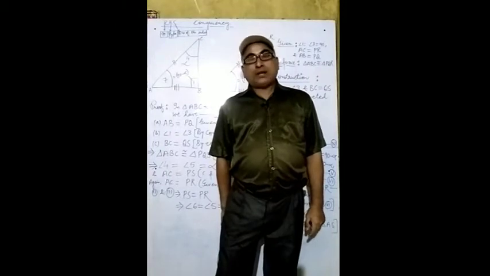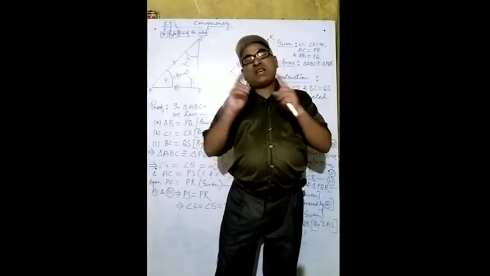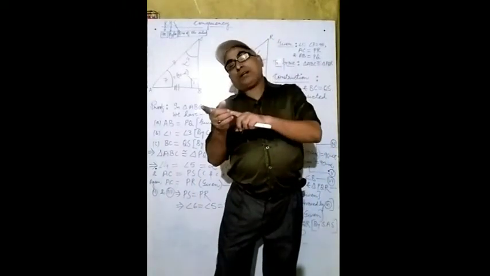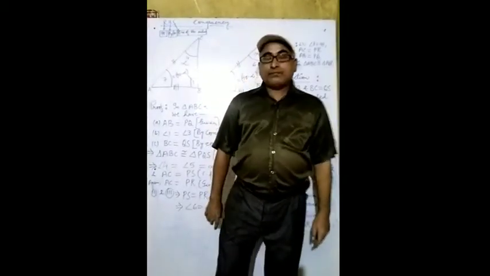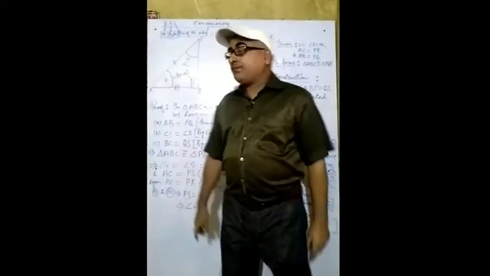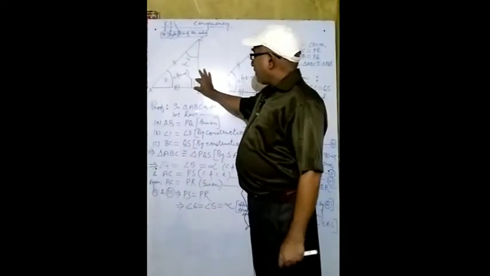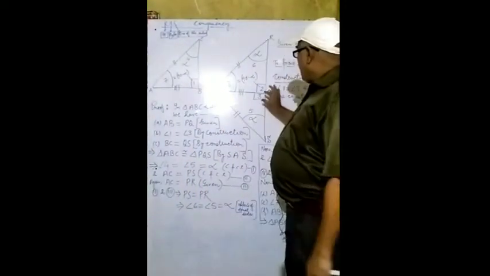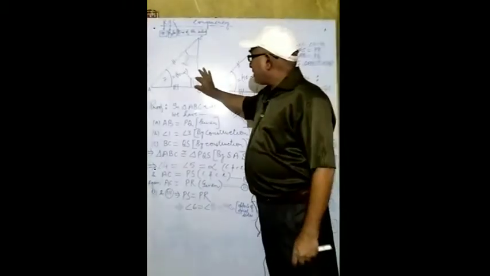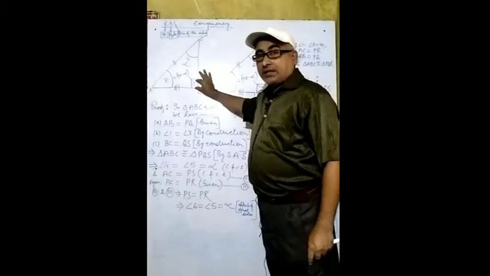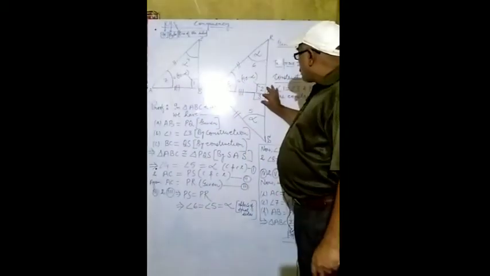Now see, what are the parts of construction? Same as you have done in side. Try to follow. Just equal to angle 1, this angle 3 will be constructed here. And what is the value of angle 1? This one is 90 degrees. So this will also be 90 degrees.